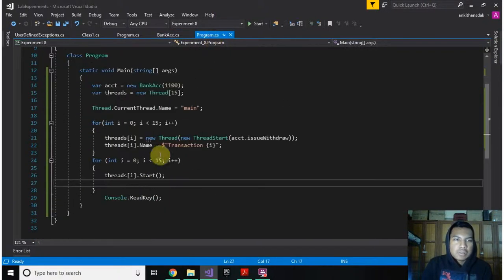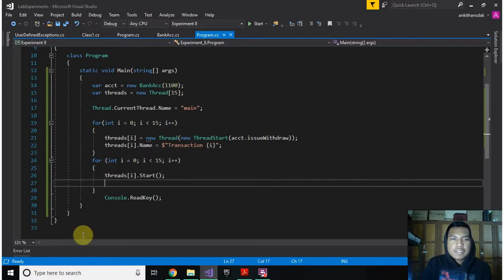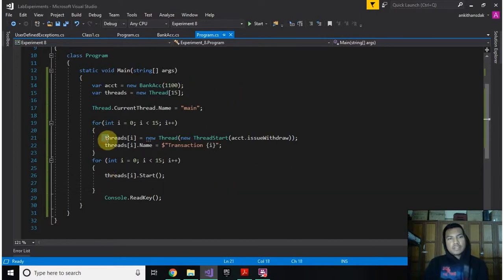To call this, we will make a few threads. So for example, here I have initialized a bank account with 1100 as balance, and each thread will withdraw an amount of 100. So there are 15 threads, and here first of all I will make